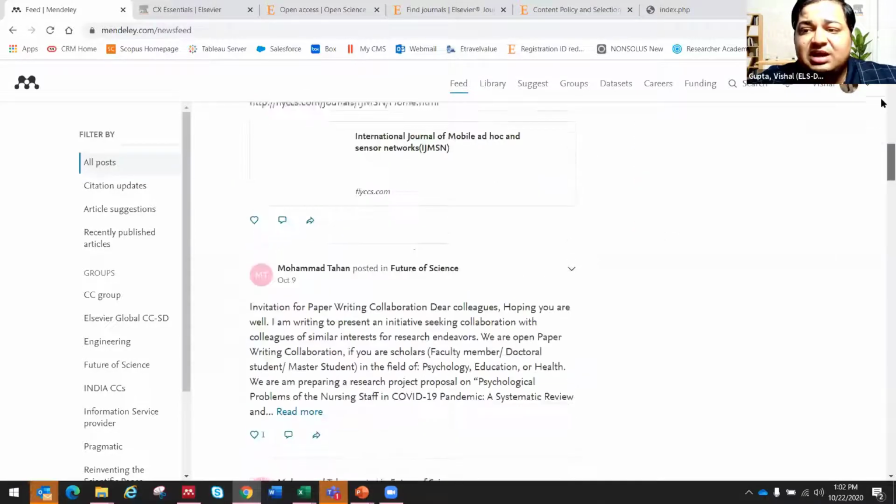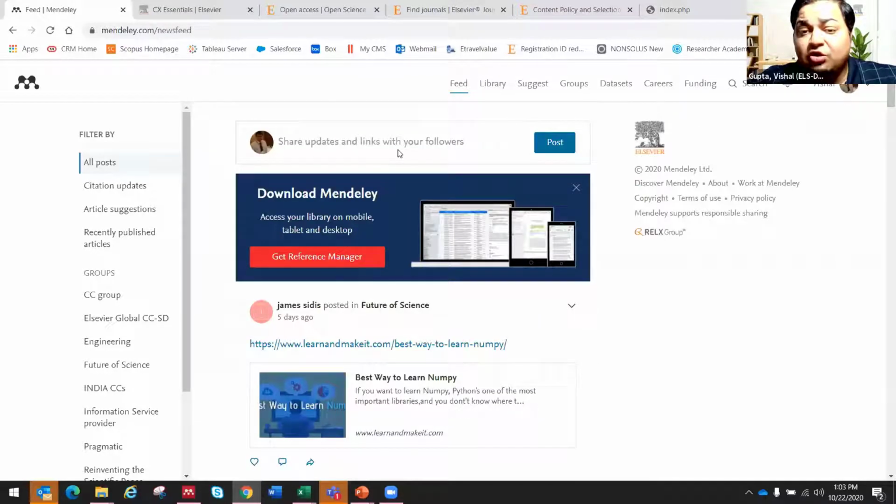You can even post your own update. So Mendeley is a very good platform to spread information about your research. You can always post a link of your article here on Mendeley, and whoever is following you can get that link and visit your article.